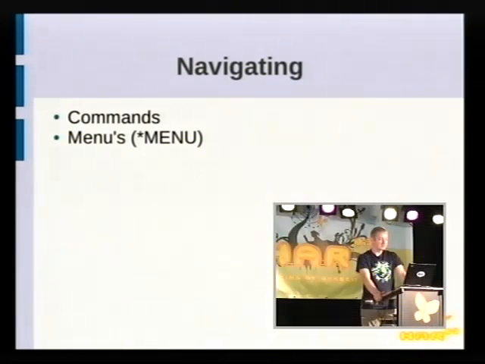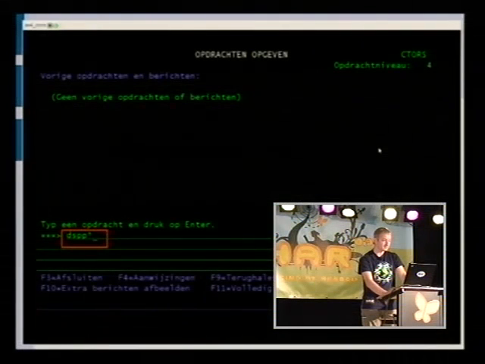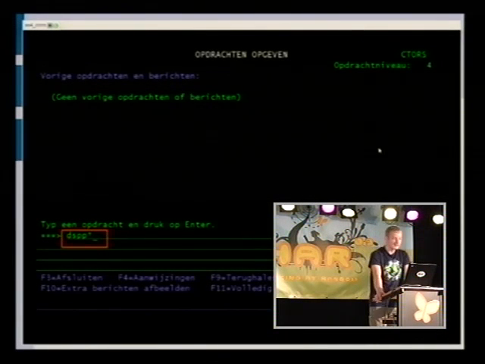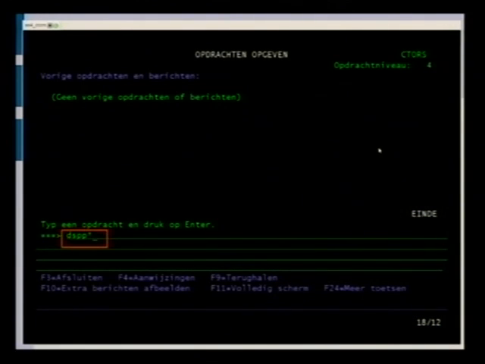Navigating through the system is done by commands or menus. And I like that a lot, because if you are looking for a command that starts, for example, with DSP, the commands are all built up by some abbreviations, for example display or work or change, and then every time it's 3 letters.